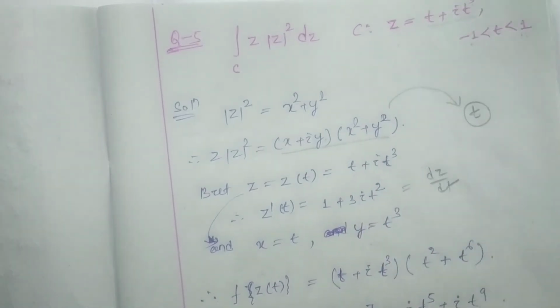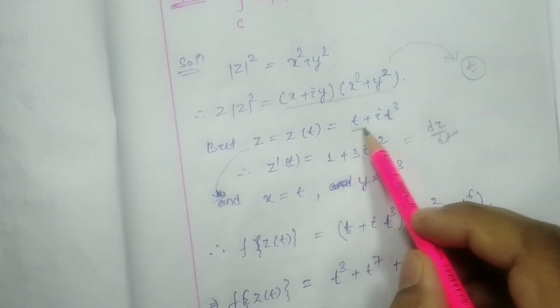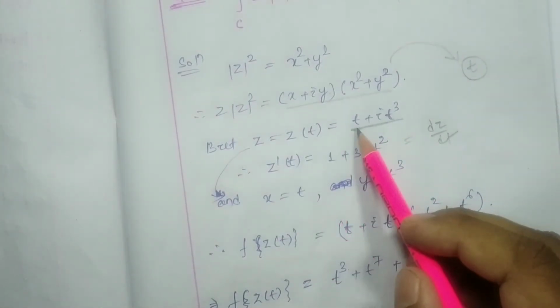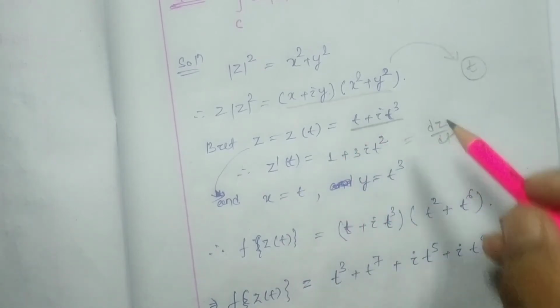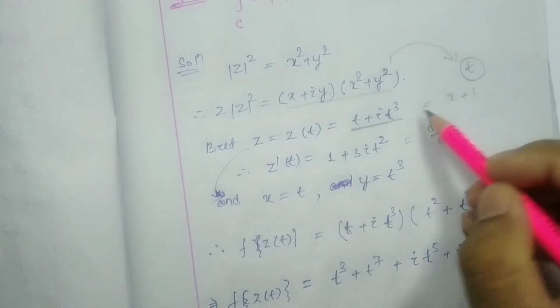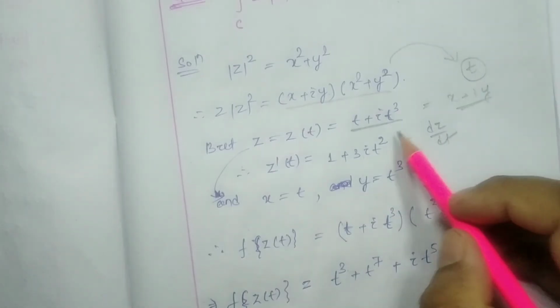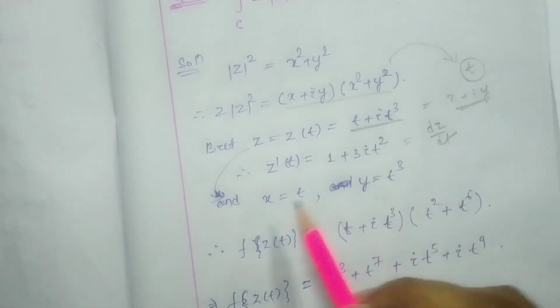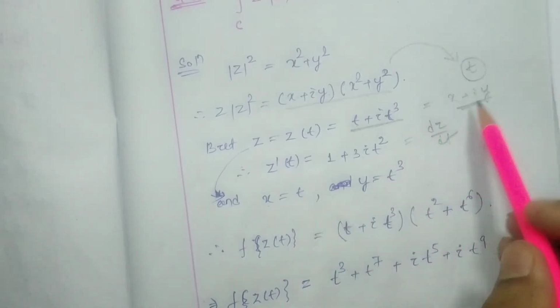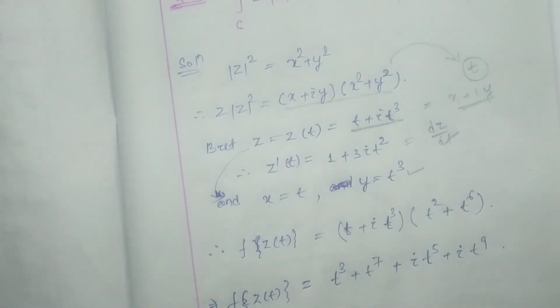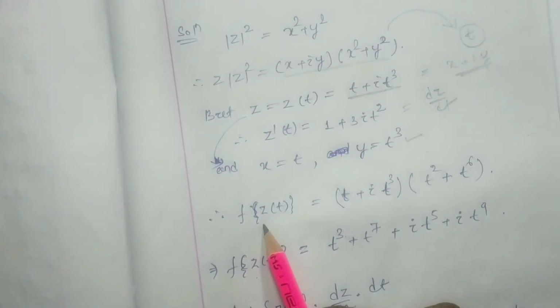Okay, so here you can see this is the complex number where x belongs to... suppose if I equate with x plus iy, then here t equals x, or x equals t, and y equals t cubed. Okay, so the function f(z)